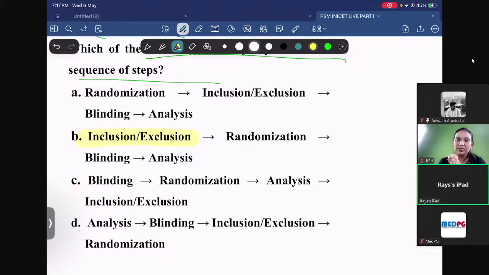You have an RCT, you have a trial to do. So you select the eligible participants. You have certain inclusion criteria. You have to exclude some people, so you have some exclusion criteria. You select the participant based on that. That's the first step. Next one is now you have to allocate your participants into either the control arm or